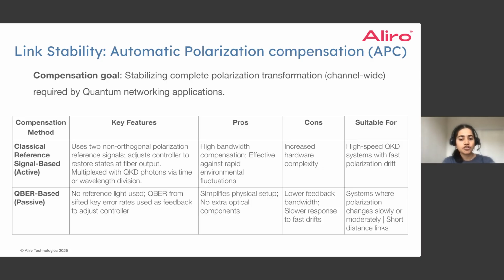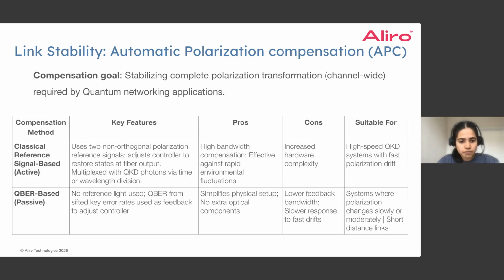The next major factor that plays a role in drifts in the link is polarization drift. This can degrade quantum communication, like we saw earlier, in terms of both affecting the quality of the entangled state that reaches the end node, as well as a metric that is often used for key distribution called quantum bit error rate. There are two major approaches that are often seen in compensating for polarization drifts, one being classical